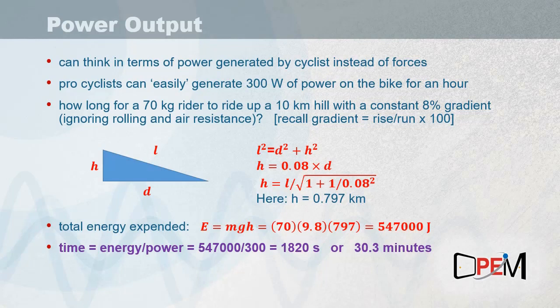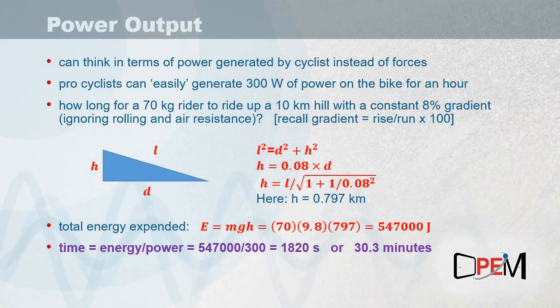So the picture on the left just shows you what I've defined as L, the actual riding distance along the hill, H, the vertical height of the hill, and D, the horizontal distance that's traveled. And in that right angle triangle, of course, the square of the riding distance L is equal to the sum of the squares of the horizontal distance D plus